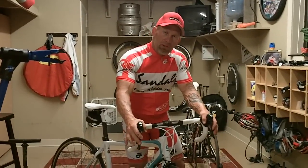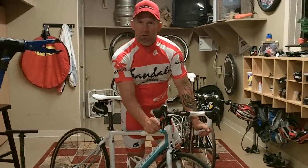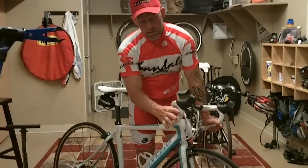I typically use 2 fingers to operate the brakes. So that's how you operate the brakes. The Sram 4 shift levers and Sram Rival and Sram Red operate by a double tap system, and there's one